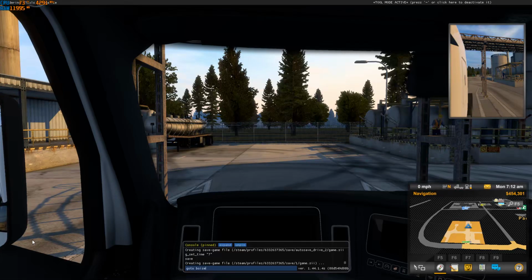I very rarely use it now. I used to use it a lot when the key was just F9 to drop it in. The only times I use it now are probably if I get stuck somewhere and I need to teleport the truck in. But there's an actual key. What this does unlock as well is a free camera, which I will show you in a moment after I've shown all the console commands,